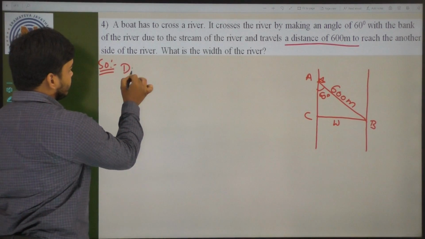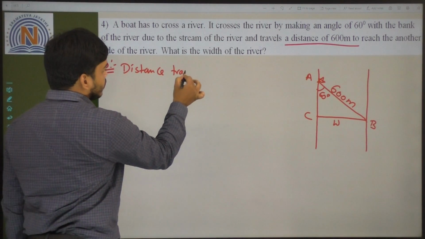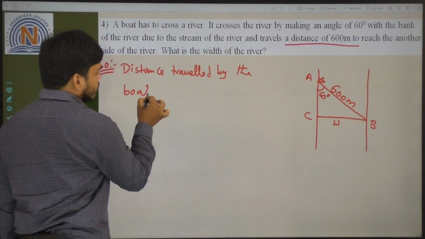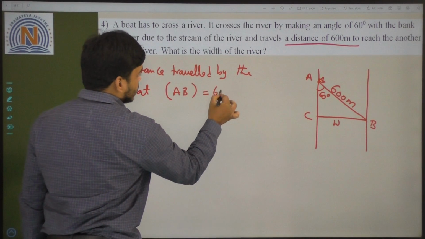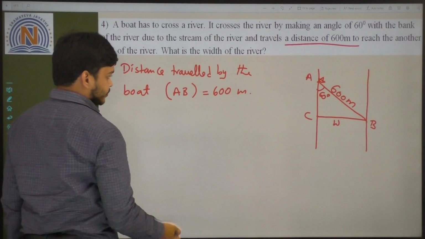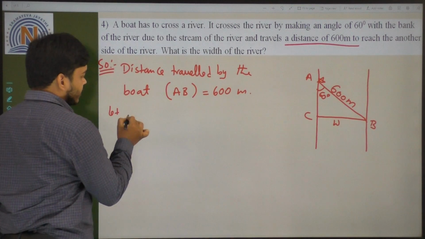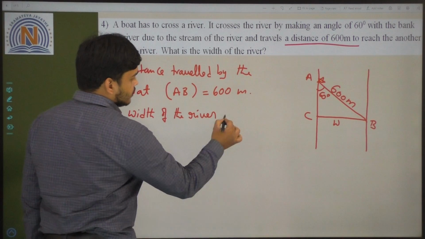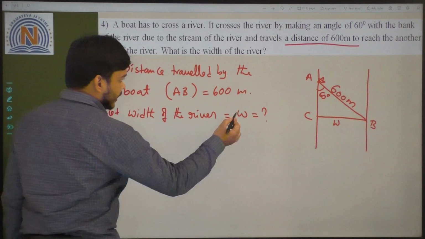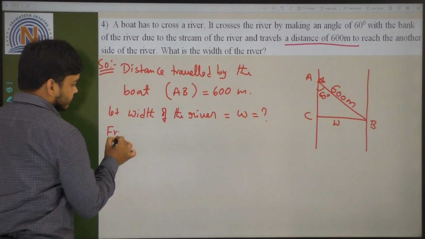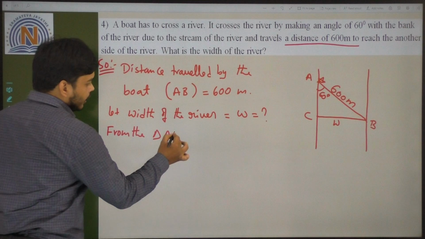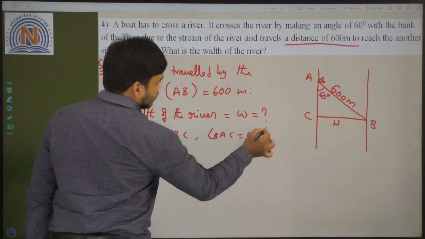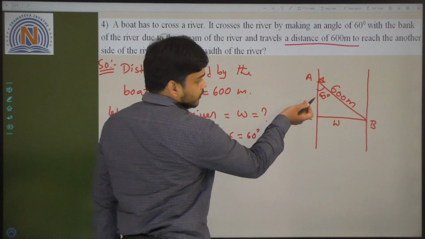So the distance traveled by the boat, that is AB, is equal to 600 meters, and let the width of the river be W, which we need to calculate. From the triangle ABC, angle BAC is 60 degrees, so the angle made is 60 degrees. So we need to calculate from this right angle triangle,